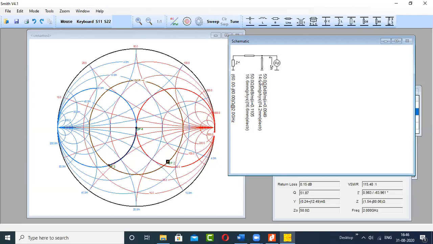So what you have got here is the circuit diagram with the actual length of the stub and the length of the transmission line, in terms of lambda and actual length. So the actual length of the stub is 14.2 mm. It is smaller than the length of the transmission line because the length of the transmission line in terms of lambda was 0.11, and here the length of the stub in terms of lambda is 0.09. So it is smaller, that's why it is 14.2, and the physical length of the transmission line is 16.6 mm. So this is less than that, which means everything is correct here, everything is logical.